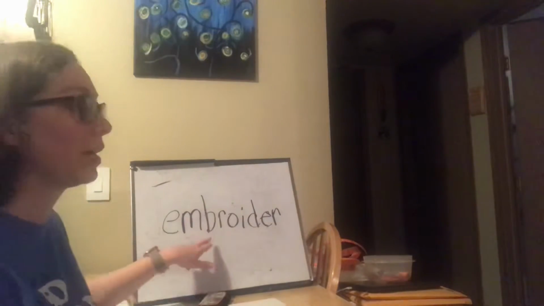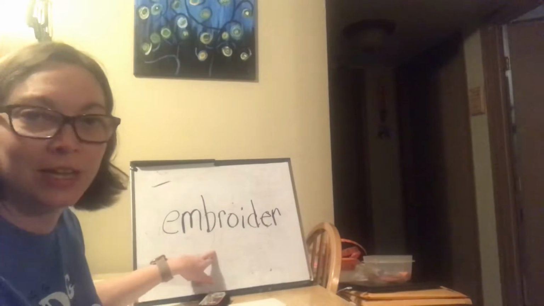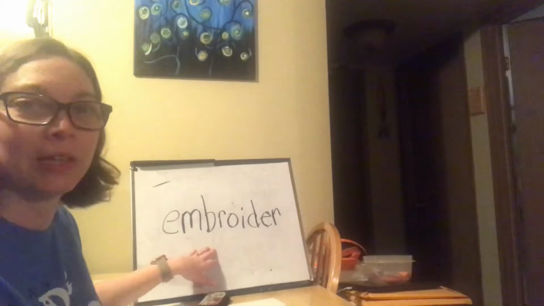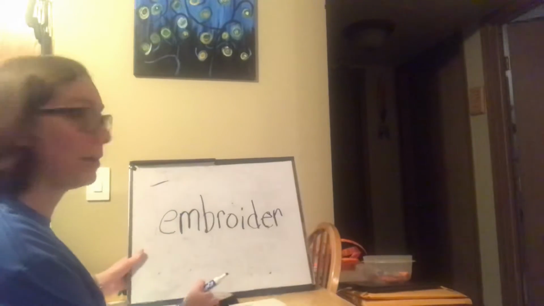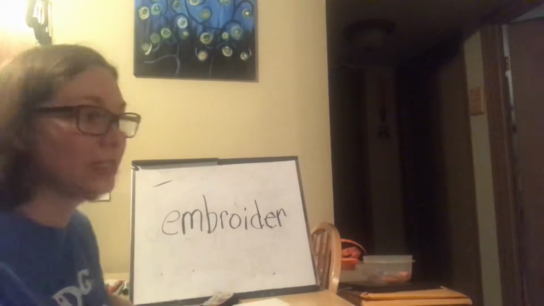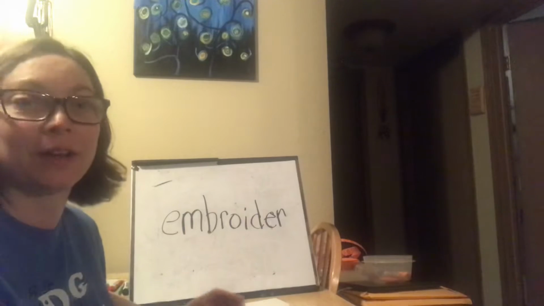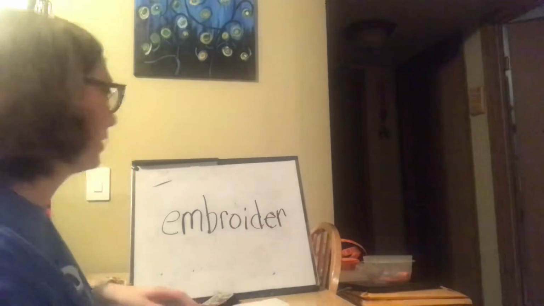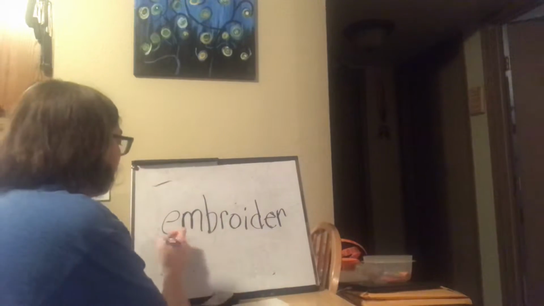So, we're going to go back, we're going to syllabicate this word. We're going to chunk it so we can figure out how to read it. So, here we go. What's the first thing we need to do? If you remember, we're going to find our vowels, okay? So, I have one vowel,